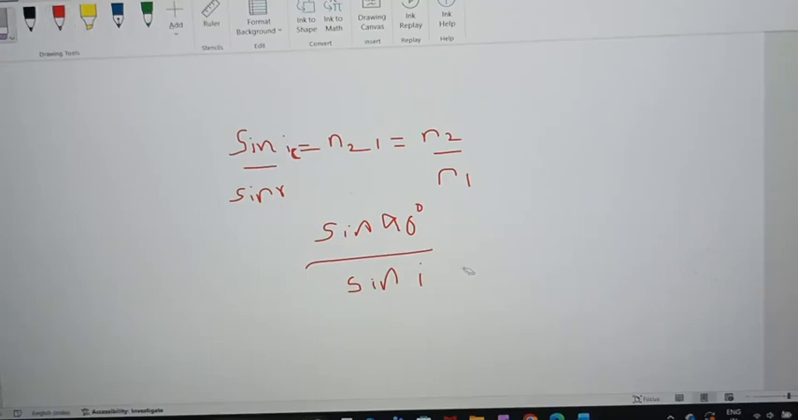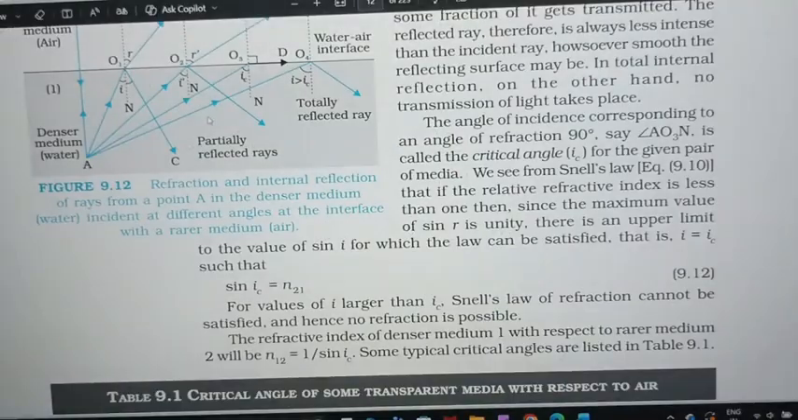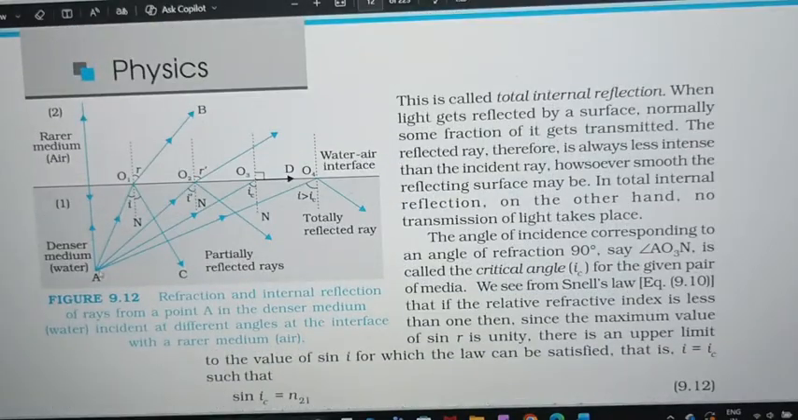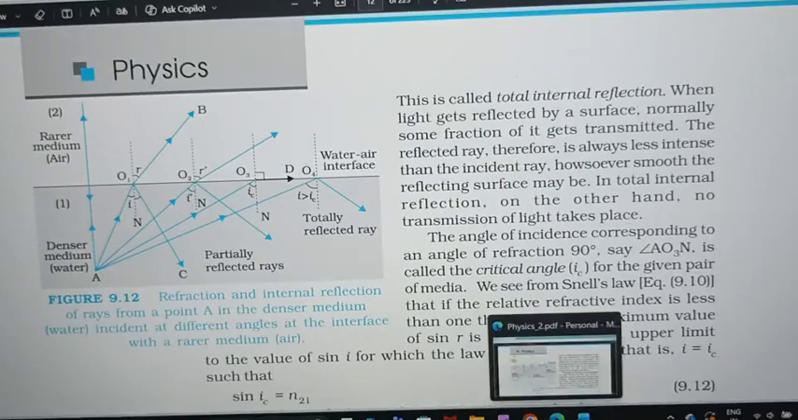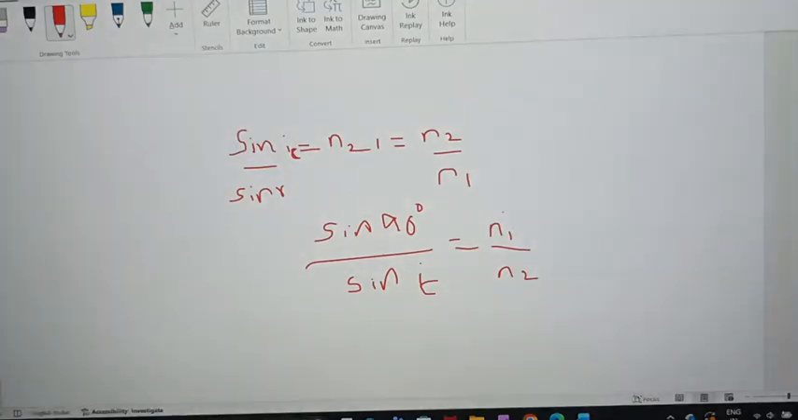It will be critical angle, and this is equal to n1 upon n2. I just took the inverse of this. What is our medium 1? Our medium 1 is nothing but water. Always see where the rays are passing from. First it is passing from water to the air. So our medium 1 is water, our medium 2 is air. So I can write as n12,